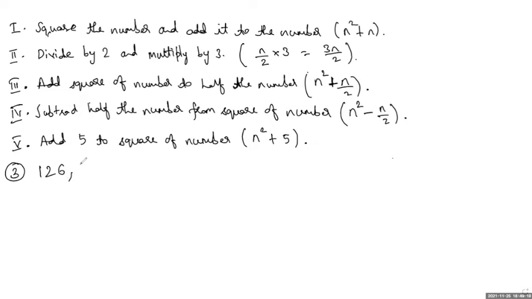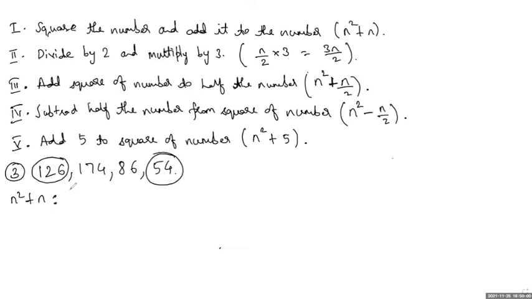126, 174, 86 and 54. Okay, so this again we have to try one by one. Check for n square plus n. So starting number, look at the starting number. First let's start from the back side. 54, we'll check from the back side, because small number in the big number. We'll check for 54. So for the first rule, n square plus n.